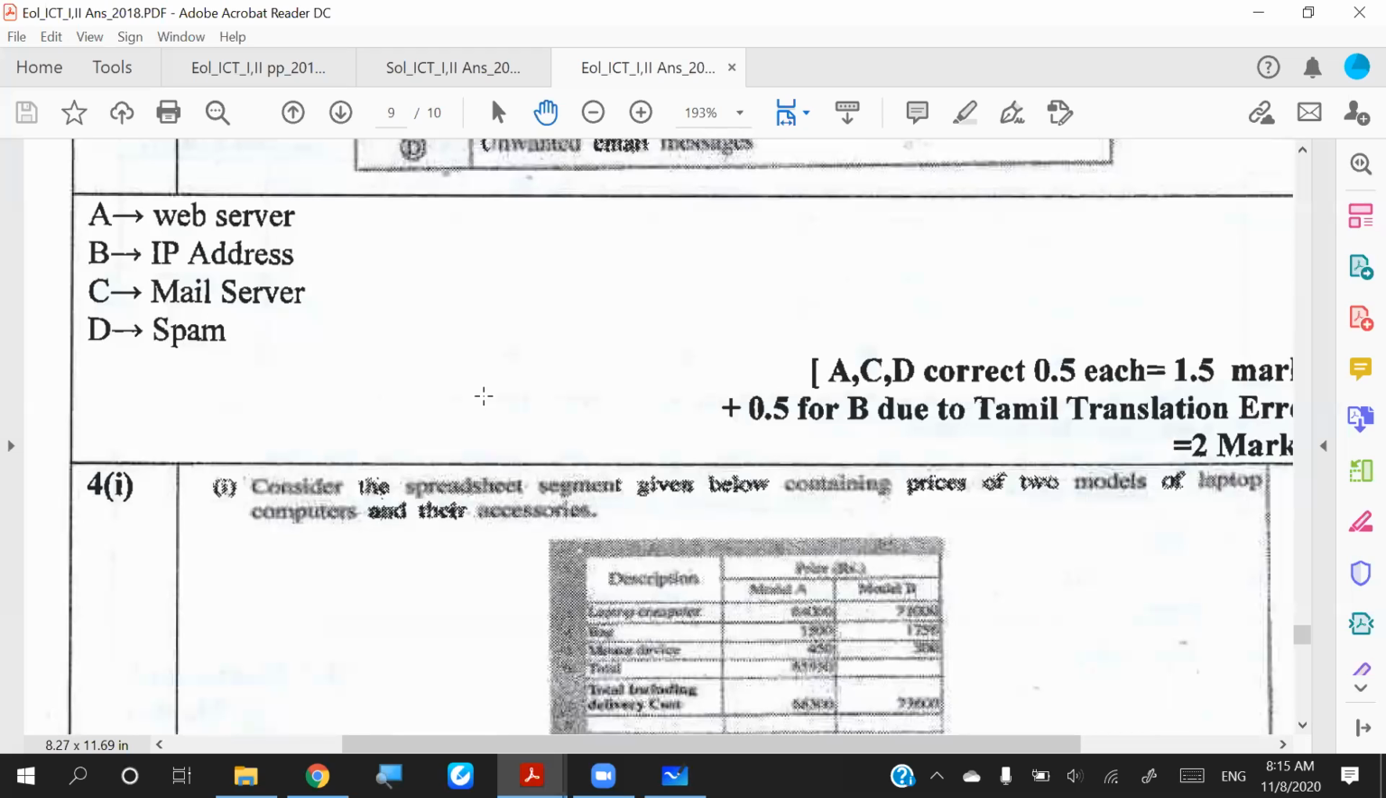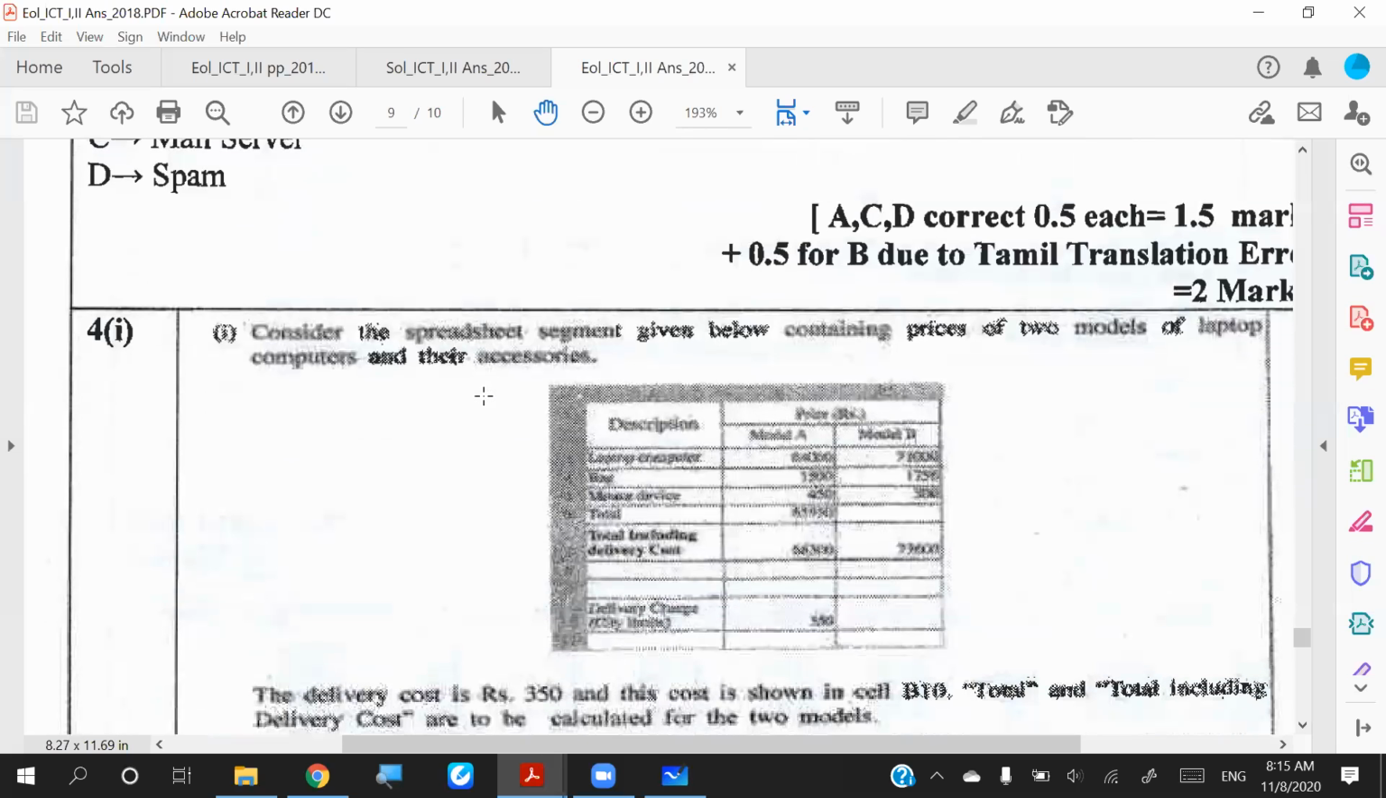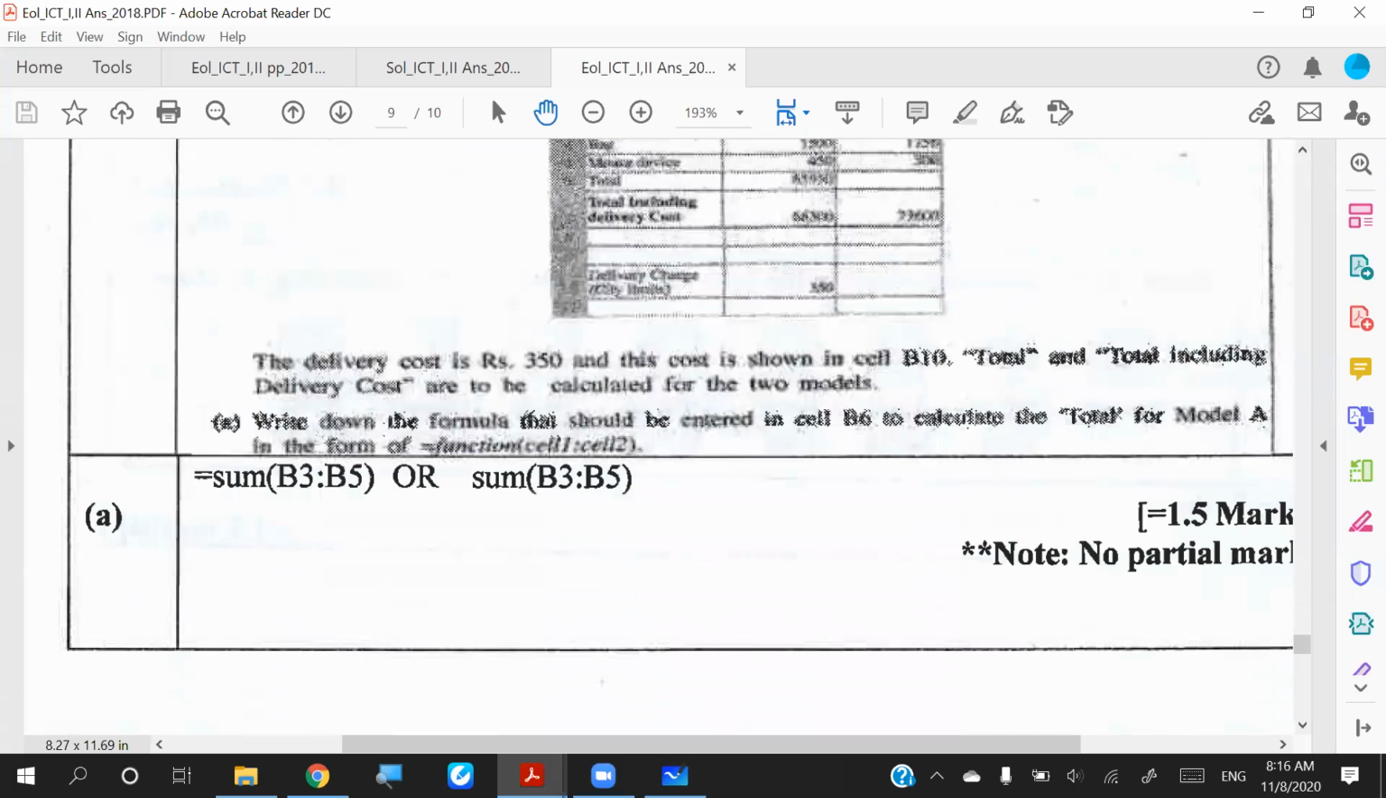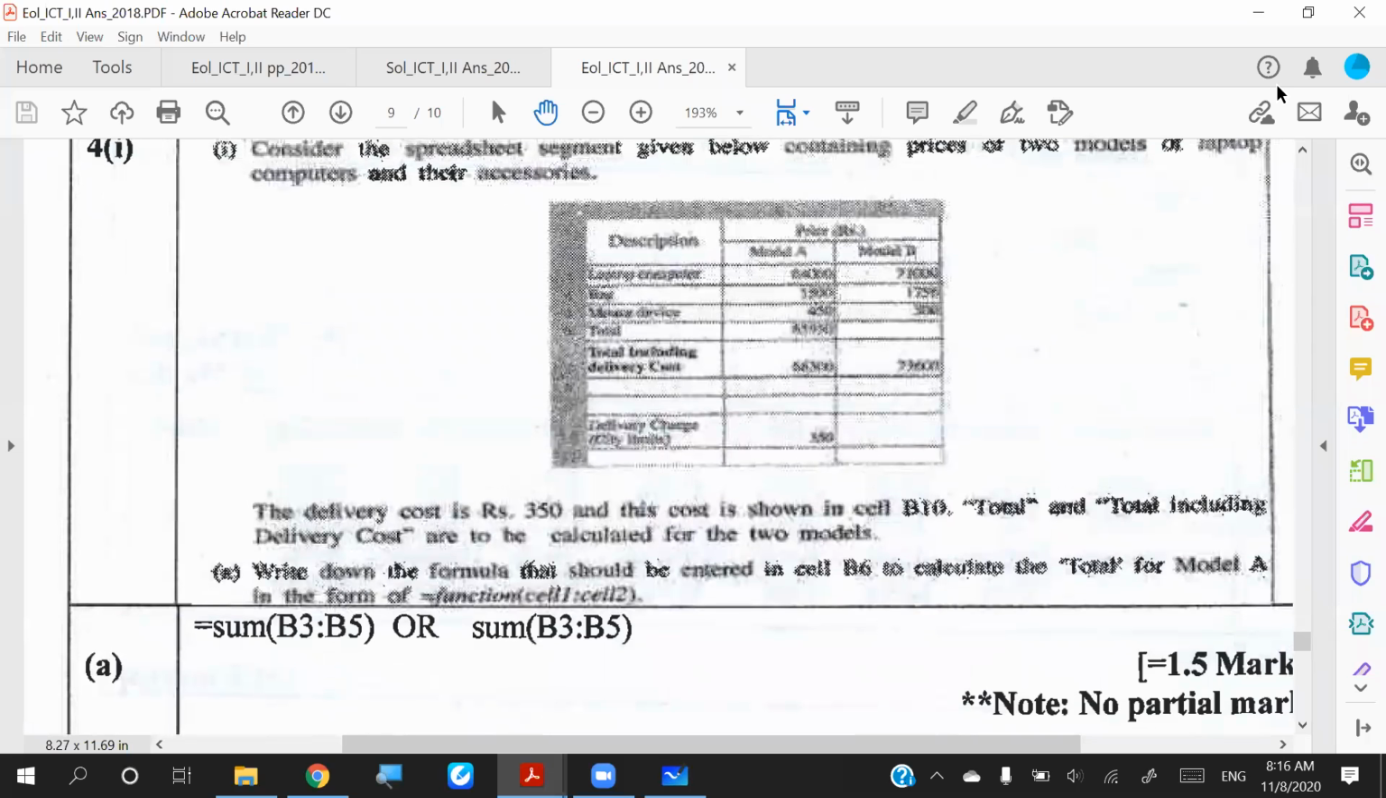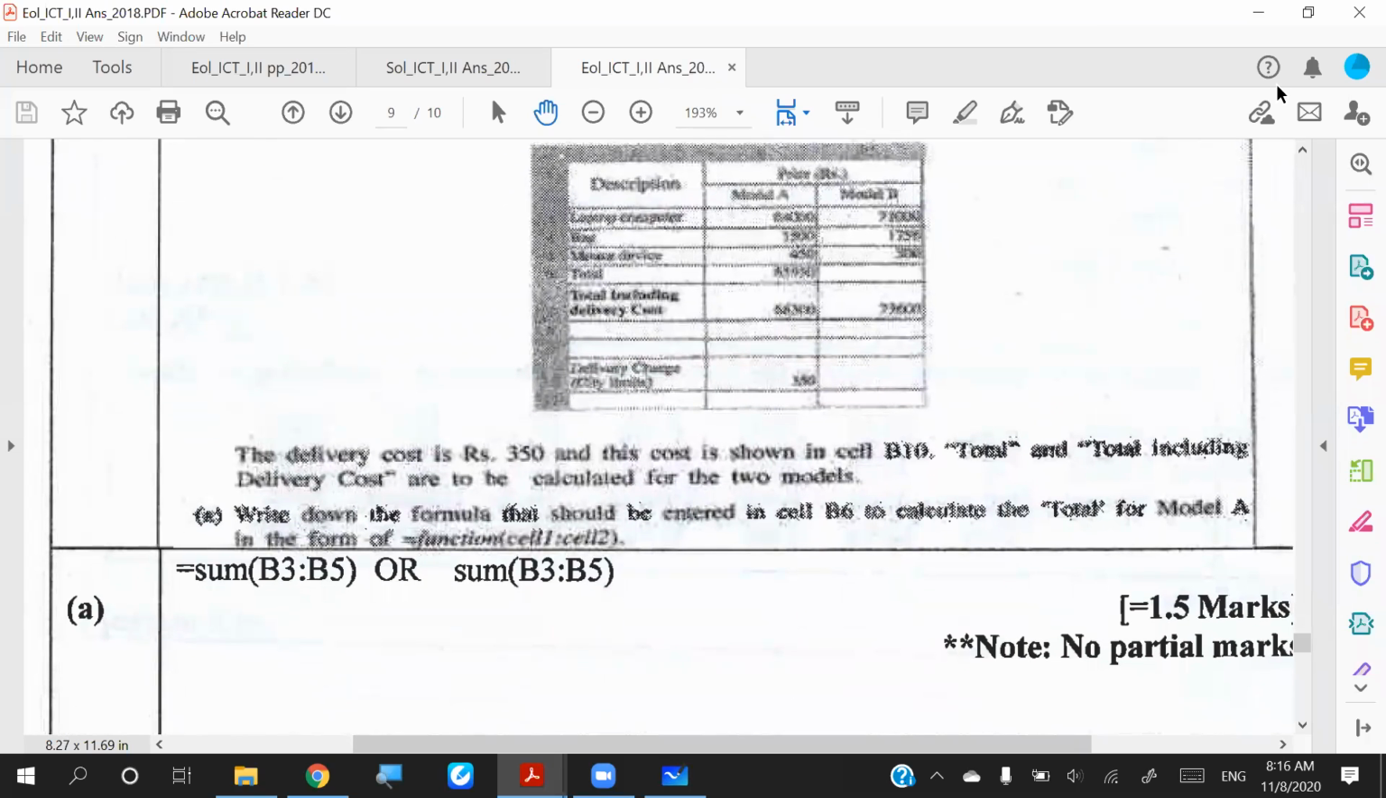Okay, so moving to the fourth question, the Excel one. They have given some models regarding some goods, and they are calculating the total costs. The picture in the marking scheme is not very clear, but we can go with the answers. They are asking what should be the formula written in cell B6 to calculate the total for model A